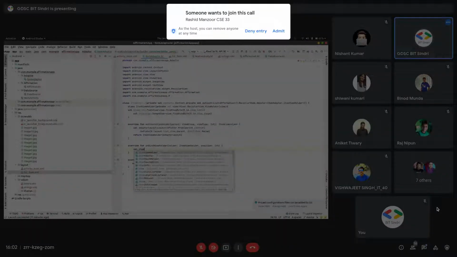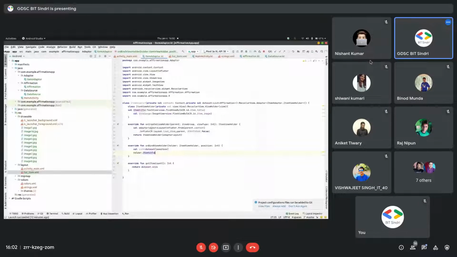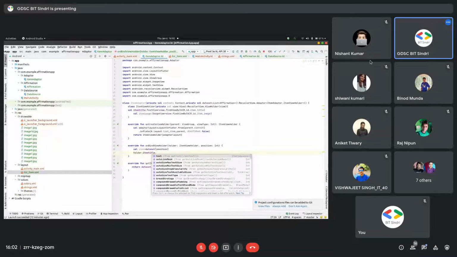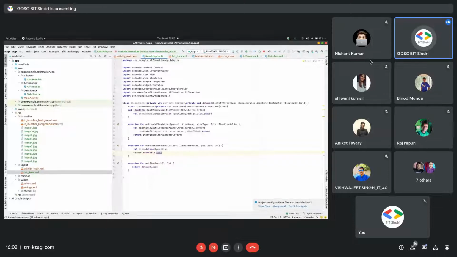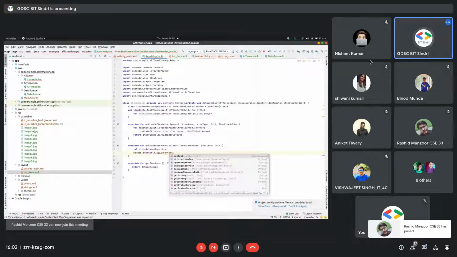And let's tell that holder that we want to display item image, item title, and with text that will be referred to the coming from affirmation text dot resources.